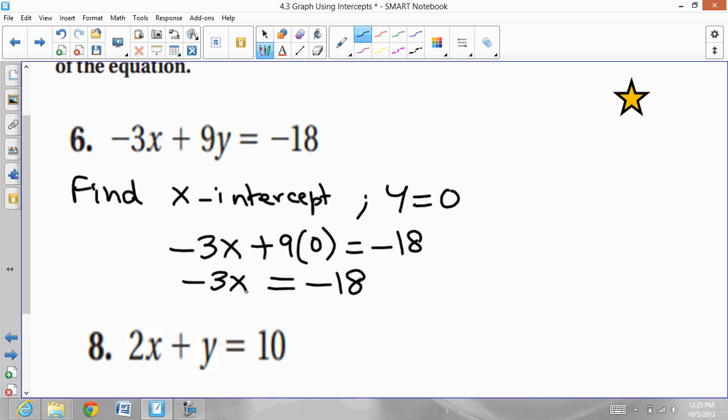And now this is a one-step equation. So I'm going to divide by negative 3 because there is no sign between the number and the variable. So I'm just going to divide both sides by negative 3. Negative 3 divided by negative 3 gives you a 1. 1 times x just gives you an x. And negative 18 divided by negative 3 is going to give you a 6. So that means your x-intercept